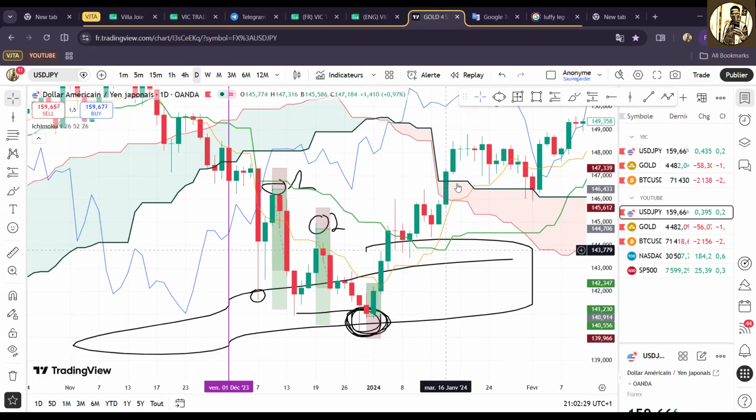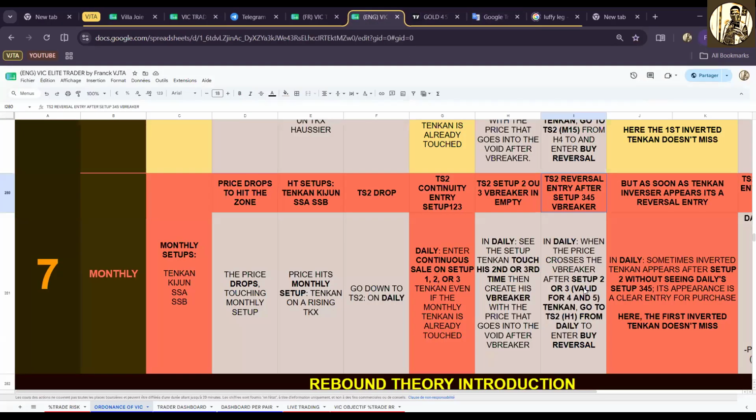Okay, you can break even this one very quickly because Tenkan inverted has not yet appeared for this setup. But as soon as you see